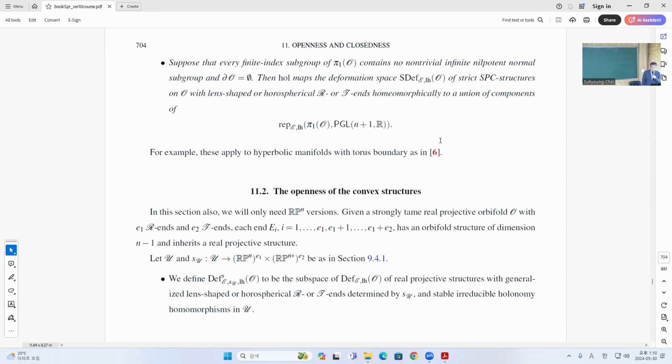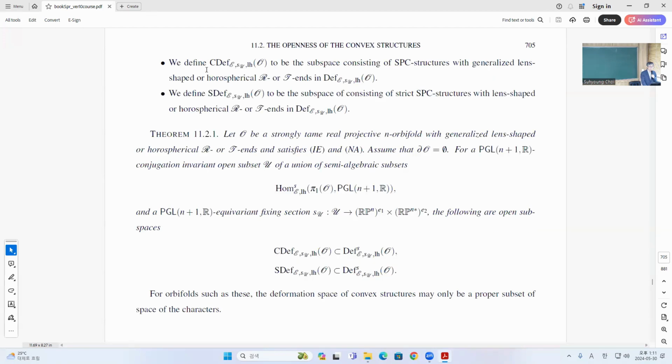Okay, so I will do the rest of this chapter 11 this week. So today we do the openness first. We have this orbifold with the Rn and Tn ends, and so we have some open set in the home space, and then there's some section defined here. And it is going to be the subspace of here with these Rn and Tn determined by these sections and stable